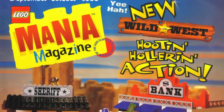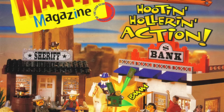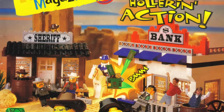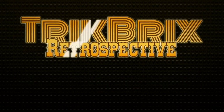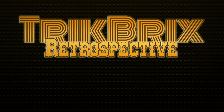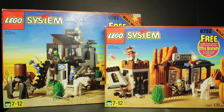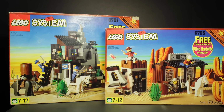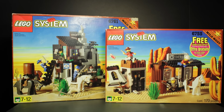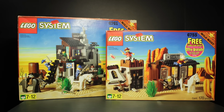Hailing from 1996, LEGO Western is a series I initially had very little interest in covering on this channel. Besides having very few of the sets as a kid myself, Trick Bricks already made extremely in-depth reviews of these kits, and I felt there was very little need for a slug to simply echo what he had said. However, acquiring both of these sets as an adult has really opened my eyes to how unique the LEGO Western theme was, and I wanted to add my voice to the chorus of nearly unanimous praise it still receives as